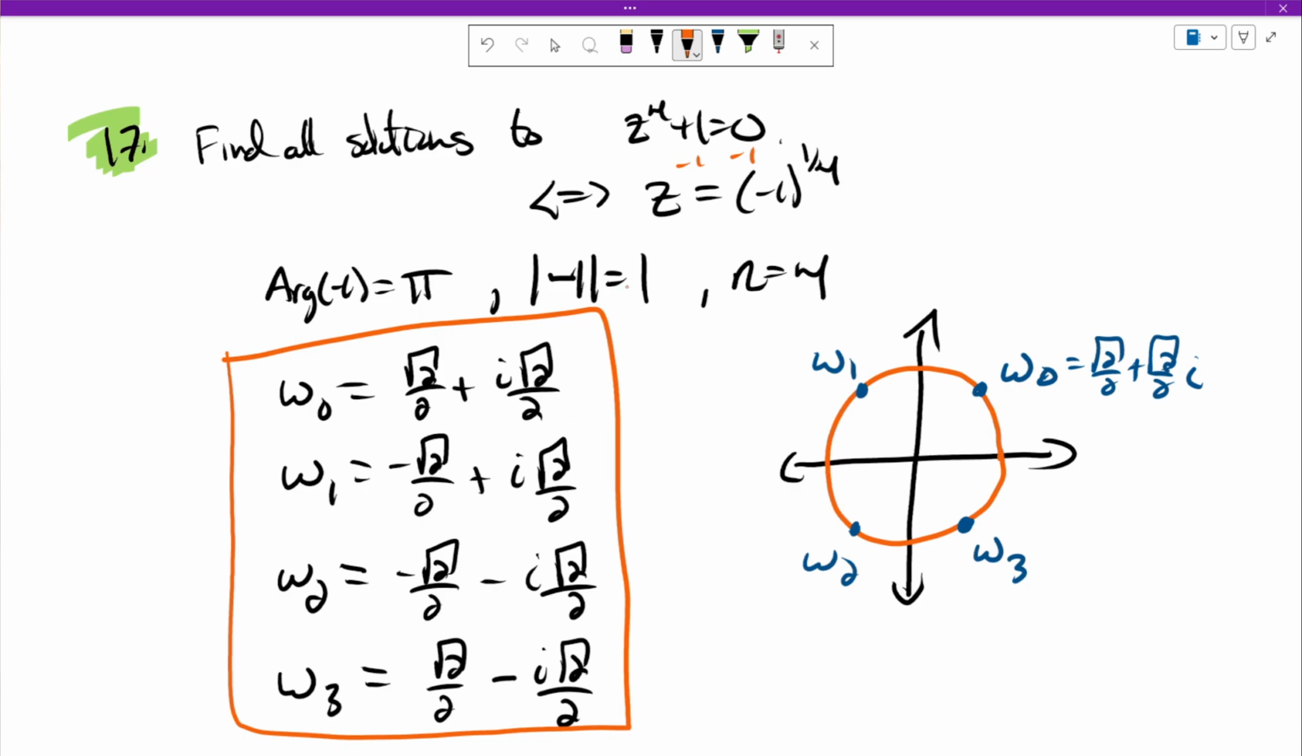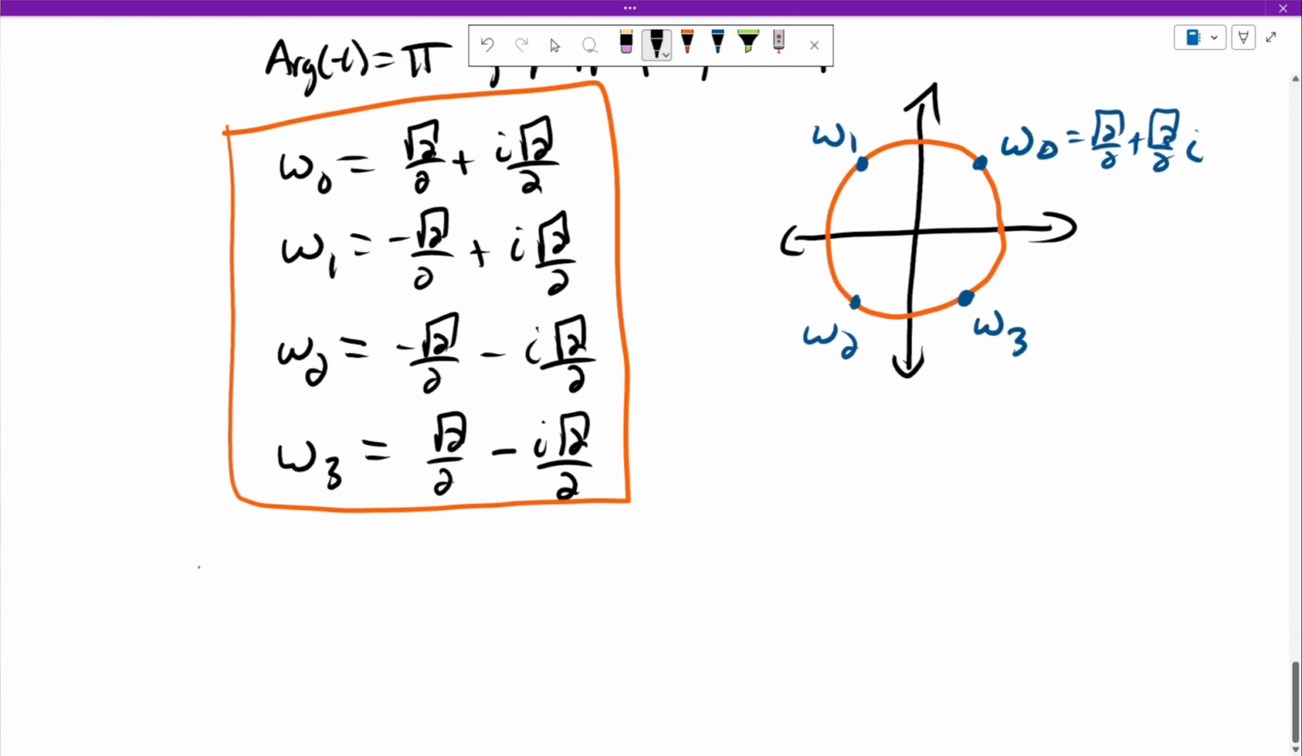And so these are all the fourth roots of negative 1. And also, consequently, they're all the solutions to z to the fourth plus 1 is 0. And this is a general fact, and it's one of the reasons why we desire a formula for the nth roots. It's basically obvious, but it's important to remember the nth roots of a complex number